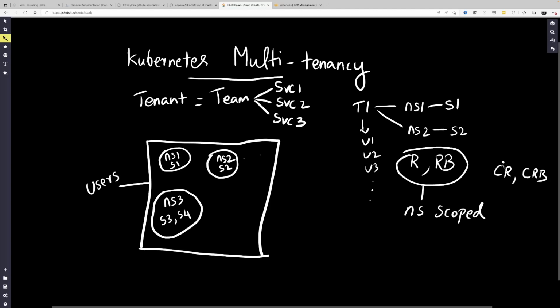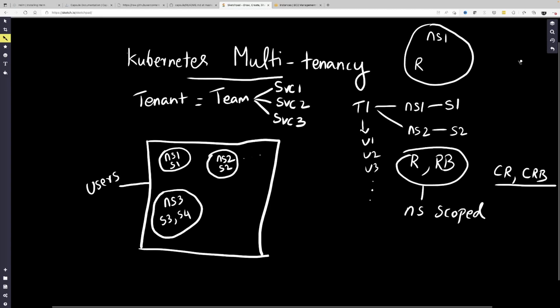This is cluster scoped, so we're not going to go into that. Now what do I mean by namespace scoped? What I mean is you can create a role in a namespace. So let's imagine a namespace NS1, and in that you have a role,